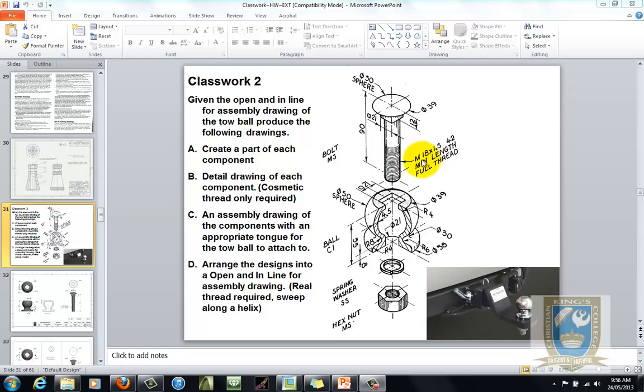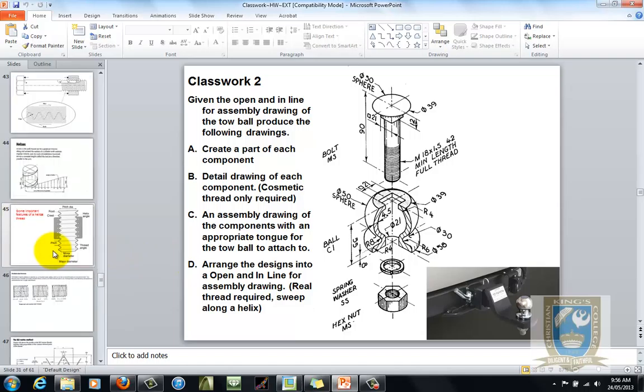Now remember, this is not an M18 thread, we've actually changed this to an M16 by 2. Other than that, there's no other information. So once again, we need to consult our representations chart. So if I'll just skip down a couple of slides,